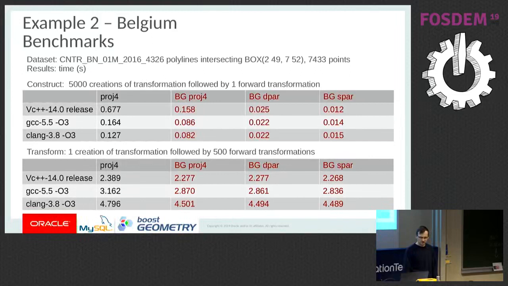right, in the first column you have Proj.4. In the second column there is Boost Geometry using Proj.4 strings. The third one is Boost Geometry using the runtime parameters directly expressed in the code, and the last one is static parameters. So as I said, the creation is